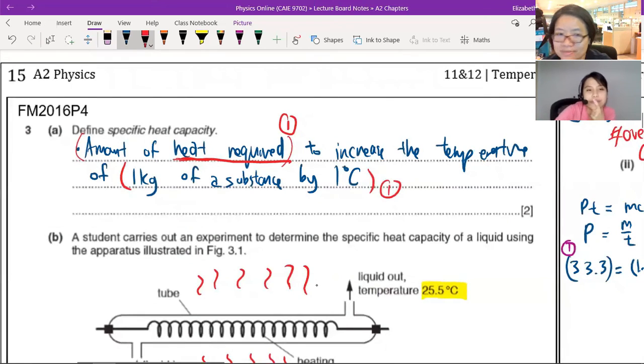The amount of heat required to raise the temperature of 1 kg is 1 mark. Then the 1 degree Celsius is the second mark. Wow, 1 degree Celsius also got 1 mark. Okay. 1 kg. All right. And then